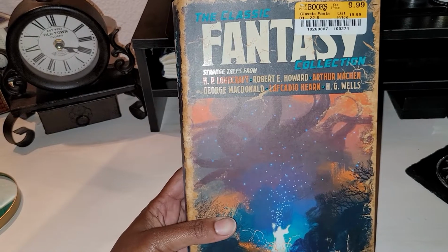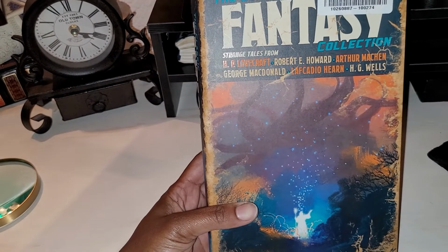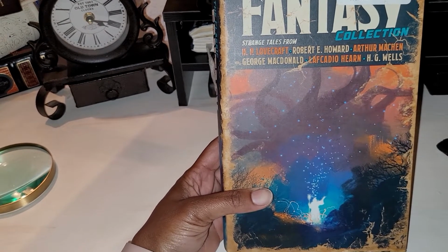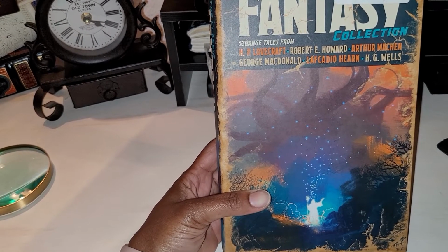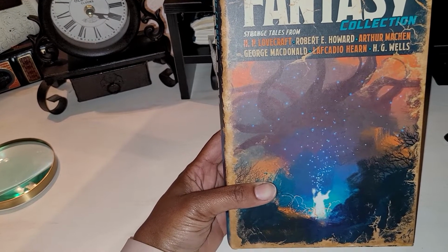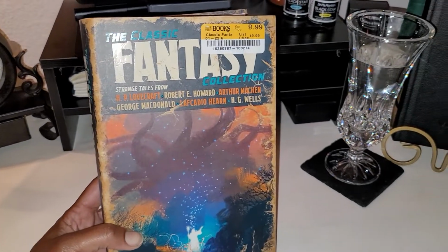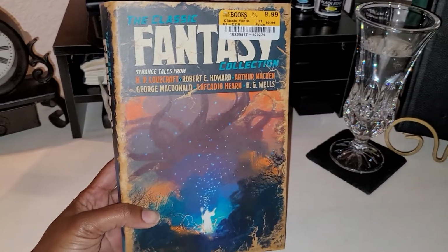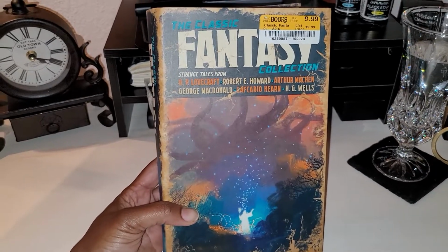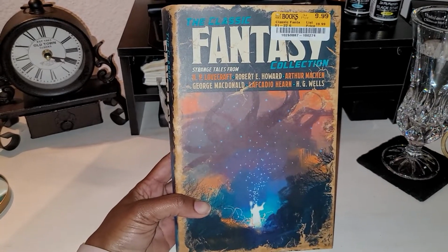and it contains stories from authors like H.P. Lovecraft, Robert E. Howard, Arthur Machen, George MacDonald, Lafcadio Hearn, not familiar with him, and H.G. Wells. So the fact that H.P. Lovecraft and H.G. Wells was in here made me pick this up, and I was also drawn in by the